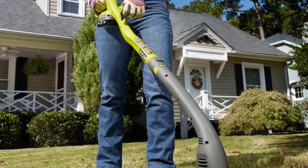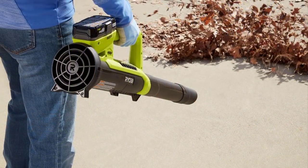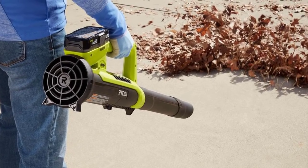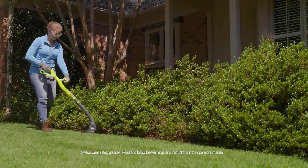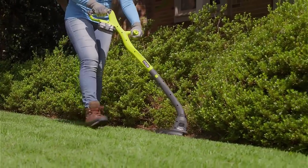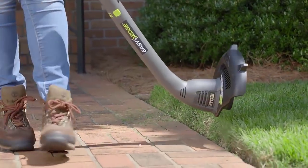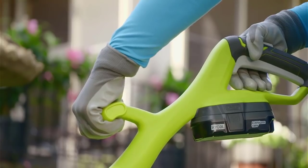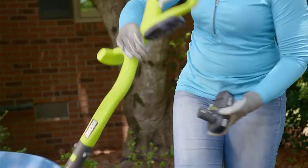This RYOBI combo kit offers reliable performance, smooth comfort, cordless convenience, and compatibility with over 125 ONE+ tools for an unbeatable value all at the same time. It's a lightweight, convenient, and easy-to-use trimmer. It features 10 inches of cutting swath, auto-feed line head, and rotating shaft for simple transition between trimming and edging. The blower is just right for clearing hard surfaces and even includes a debris scraper for loosening stubborn dirt or